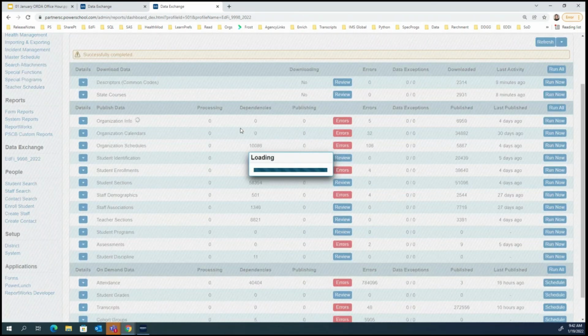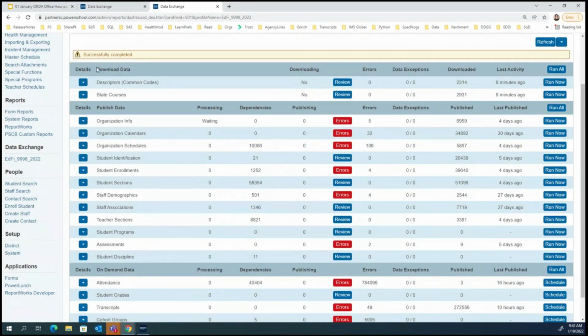Again, this will take a minute, probably longer than it took the descriptors and the state courses to download. So we won't sit here and watch the pot boil, so to speak, but as you can see, the processing has changed to waiting, and then eventually you might have something in dependency. My understanding is that if something is stuck in dependencies, maybe there's a checkpoint that PowerSchool has where, for whatever reason, the data can't continue to be published.